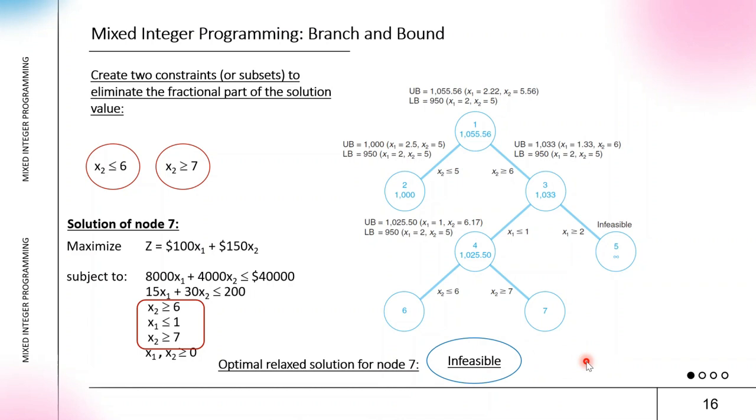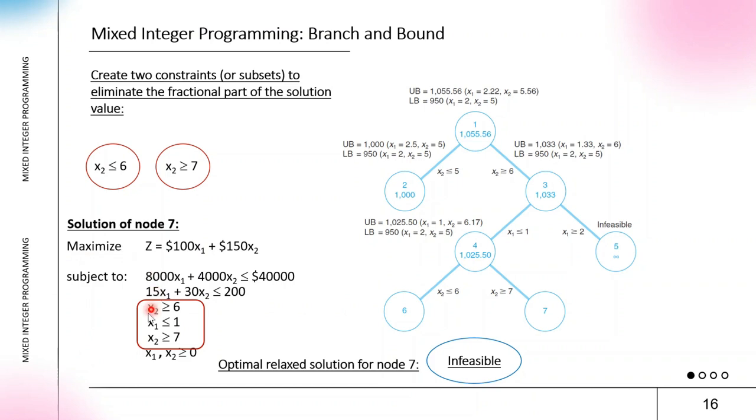After exploring node 6 with constraint x2 lower than or equal to 6, we now branch in the other direction, node 7. In this node, we have another constraint: x2 must be greater than or equal to 7. Here we must add the new constraint in node 7 to the relaxed LP form of the optimization problem that we have at node 4. This process creates a new relaxed LP form for the optimization problem,